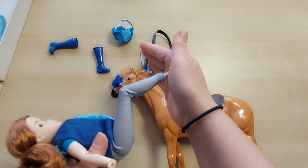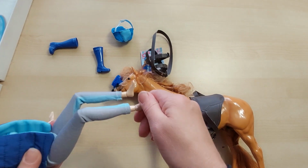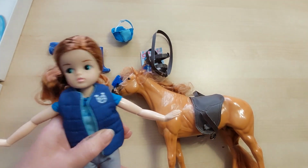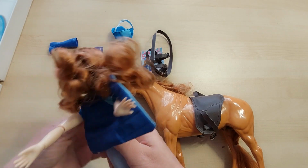So we do have nearest damn it 90 degrees there, even though these don't straighten down. But this part here is. So she will sit. Little bit of movement in the ankle. We'll try and get her boots on in a minute. Outfit. This is lovely. This is really thick, really padded, which it would be, obviously, if she was